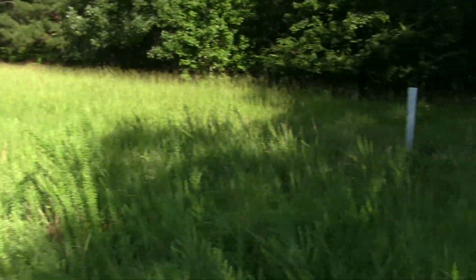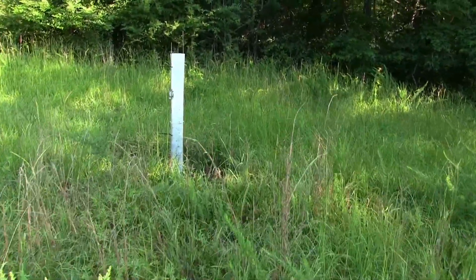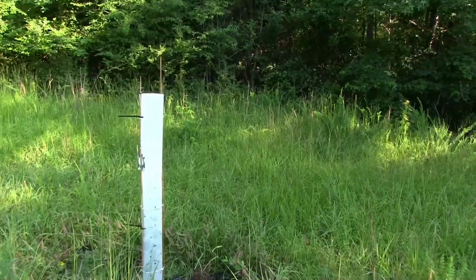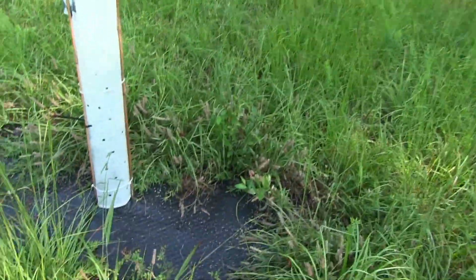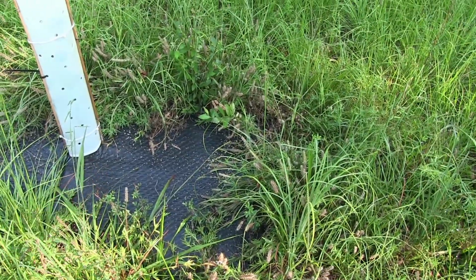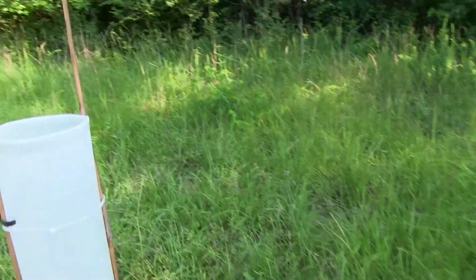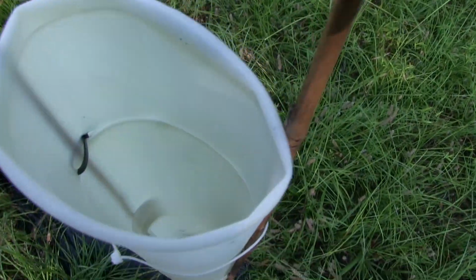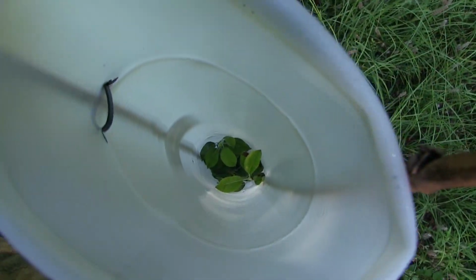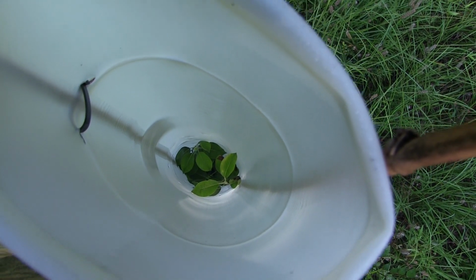We're gonna go over here to this tube where I planted the little small pear trees and see if we can see down in this tube. This one's in the shade a lot. As you can see, the weed guard is doing pretty good right here. If we look down in here, oh yeah, you can see that. I don't know if you can see that, but